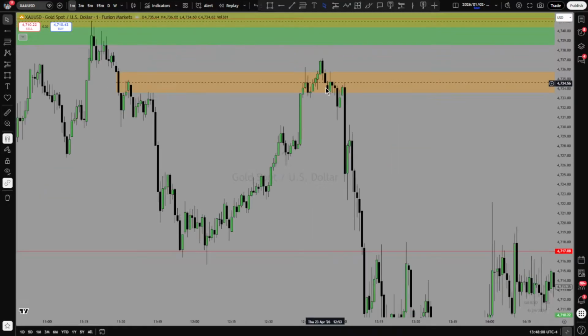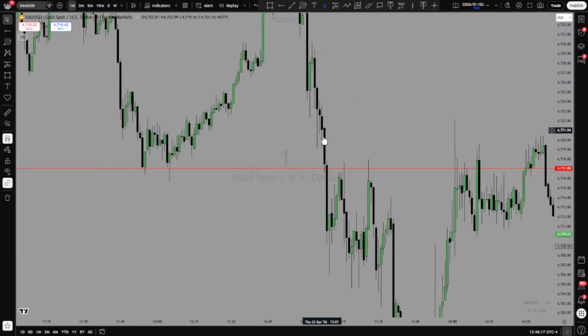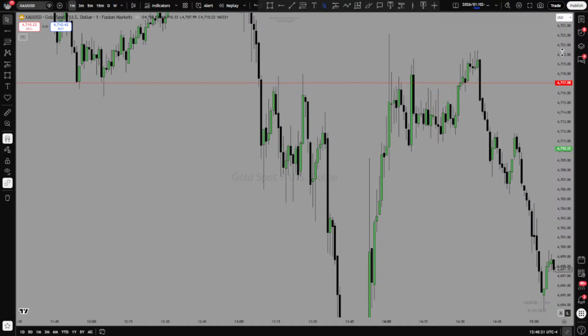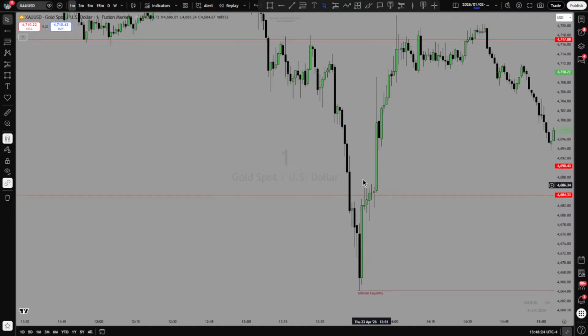But if you can see here, what we missed is this fair value gap respected perfectly, then we started moving up, then a fair value gap again respected perfectly, then we started moving lower. Fair value gap again respected, and you can see that it went to this low, right? Then it came back. It made its lowest of the day on the PM session, then it started moving higher, right?